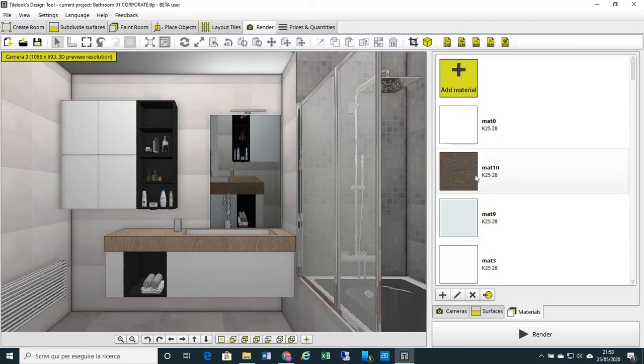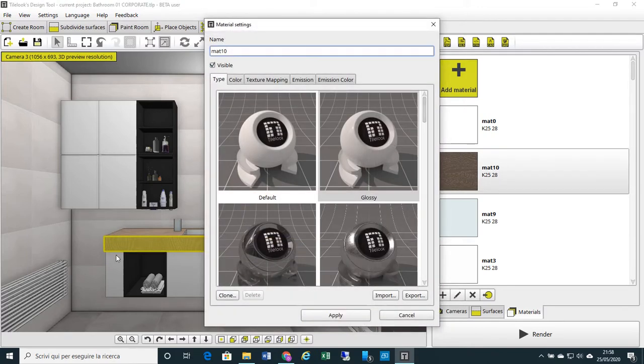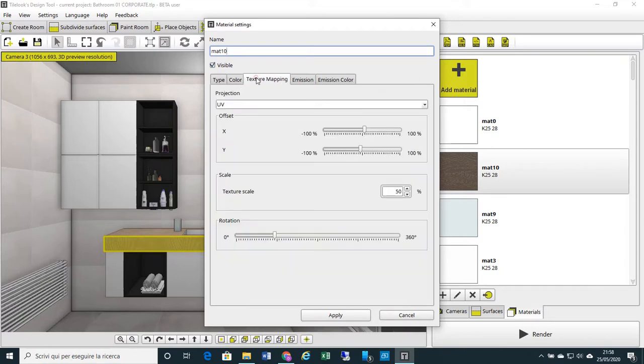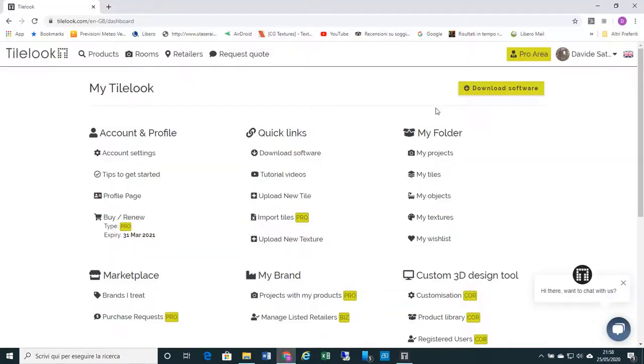Another option, in case I want to apply a texture, a material that is not present in our Tilelook library, more than 12,000 textures, but is a material that I have in my file, as in my personal file, I can edit and apply to my project. I show you how to do it. Let's move to our website,